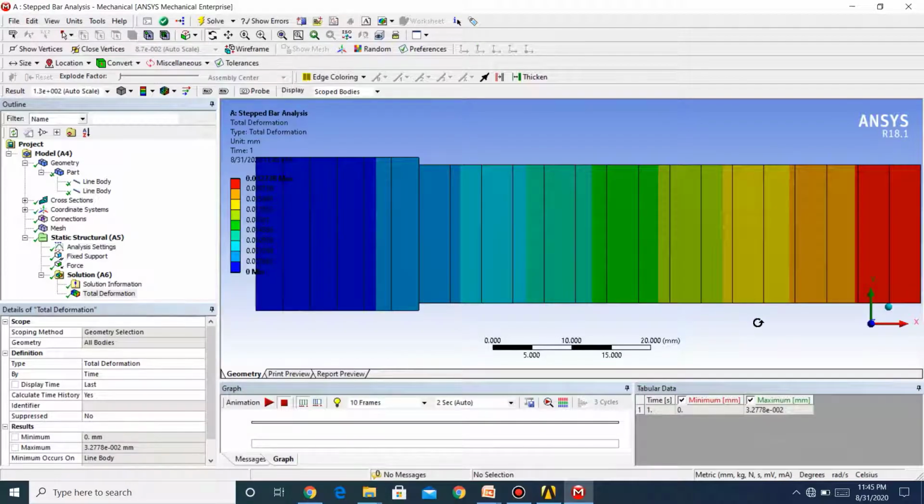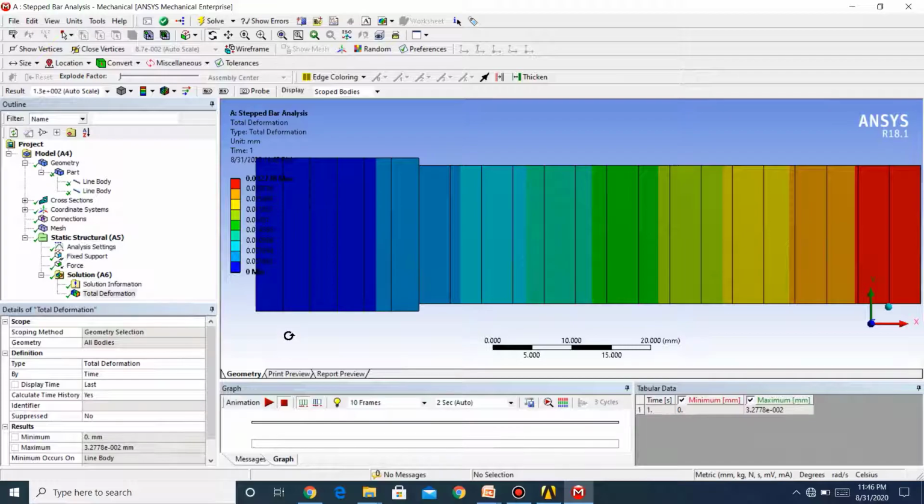So the solution is done, and now we can see the maximum deformation in this stepped bar, that is 0.032778 millimeter. So you can see the unit here, and again you can see the deflection here, and the maximum deflection is here at the end. So this is the solution regarding the deflection or deformation of the bar.